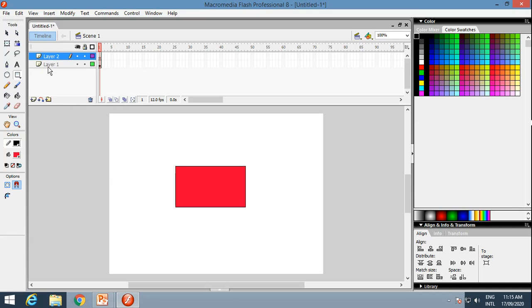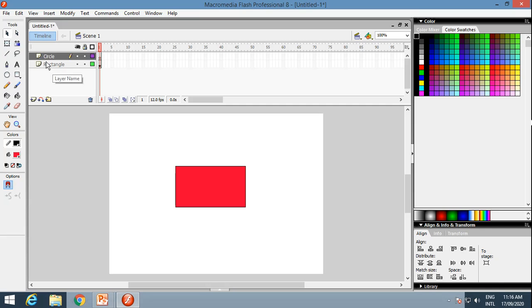Now if you want to rename the layer, just double click here. Suppose I will give here rectangle. Then if I want to change the name of layer 2, I can just double click and then give the new name.